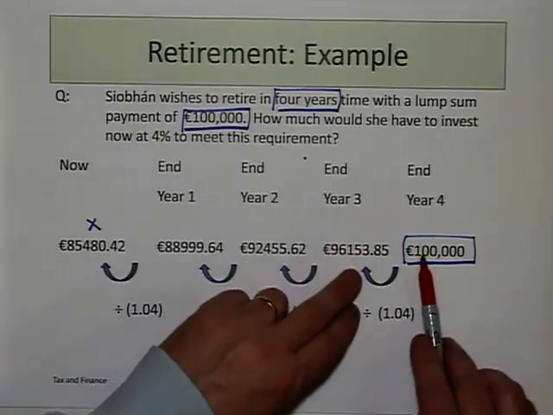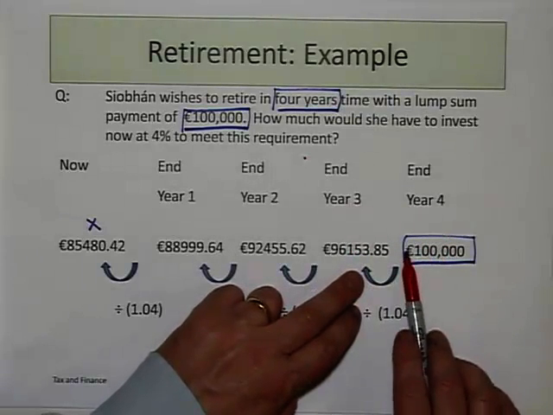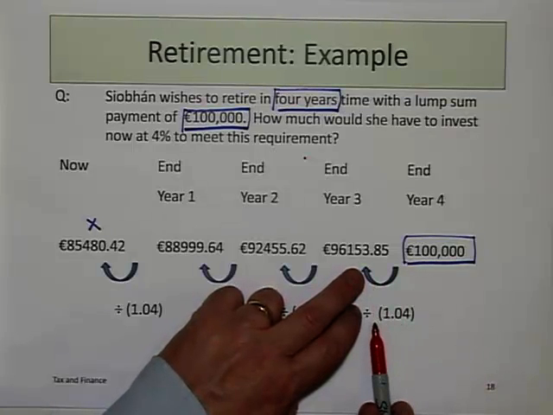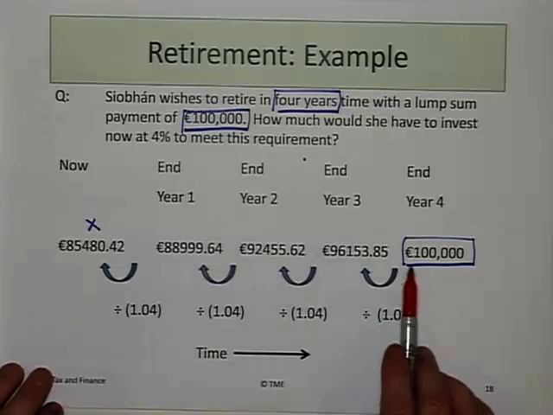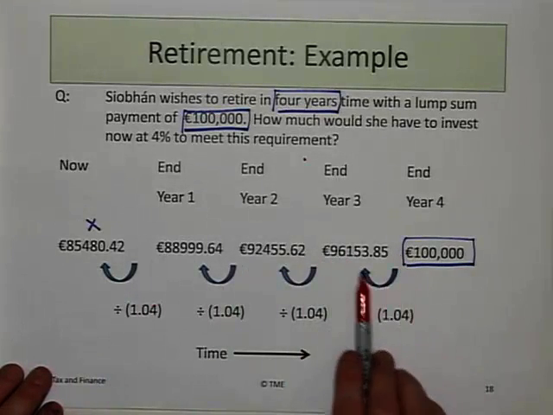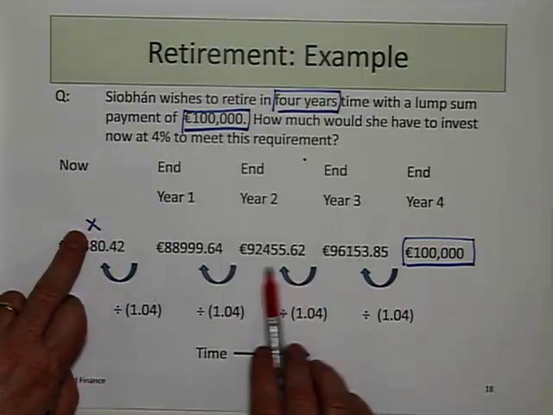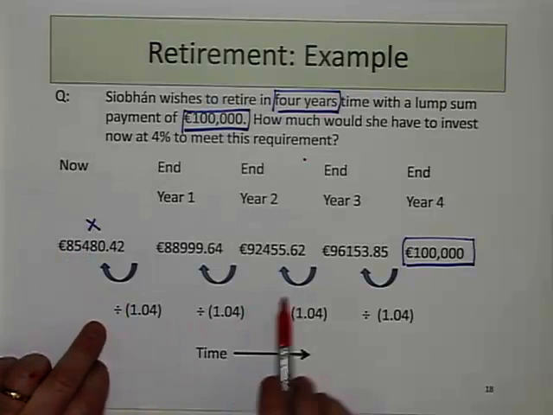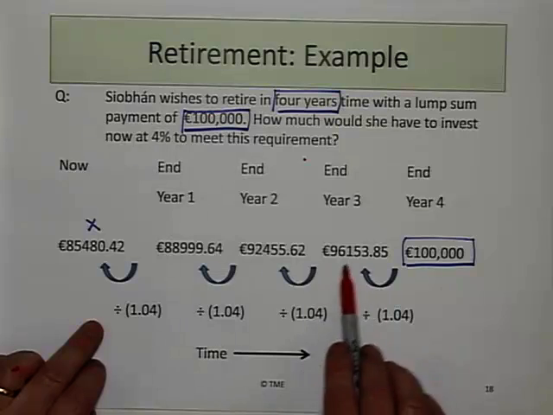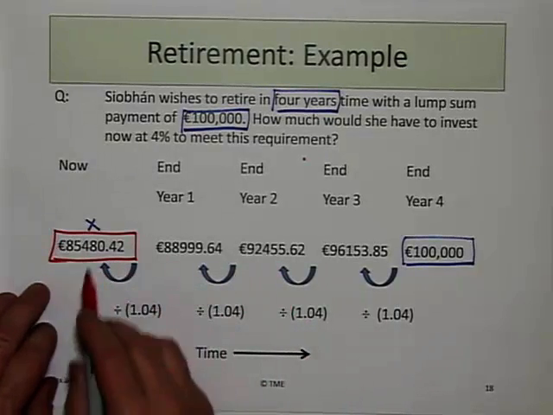So if this is increased by 4% as I go from year 3 to year 4, coming back from year 4 to year 3, I don't need as much. I divide by 1.04. So now I look at the 4 loops, 1, 2, 3, 4, but I'm coming back to say I'm putting in the money now. I only need it then. So 1, 2, 3, 4, and I'm dividing by 1.04. So I take the 100,000, divide again, divide again, divide again, and I get